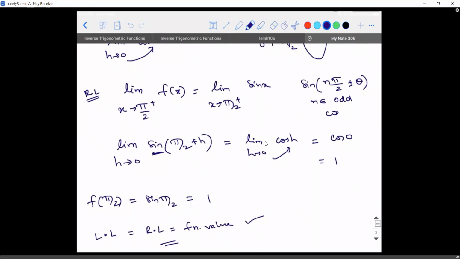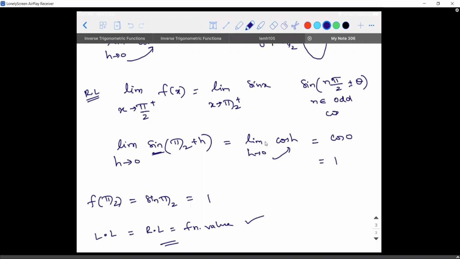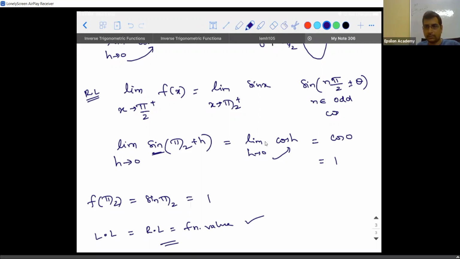Sir, I have a small doubt. Is there a chance we can get a question where left limit is equal to right limit but not equal to the function value? Yeah, there is a possibility. Then how do we express it, sir? Like if left limit is not equal to right limit, we say left limit is continuous and right limit is discontinuous. But in this case, how do we express it? We will not speak about the function value at all. Means the function value at that point will not exist. That is the meaning.